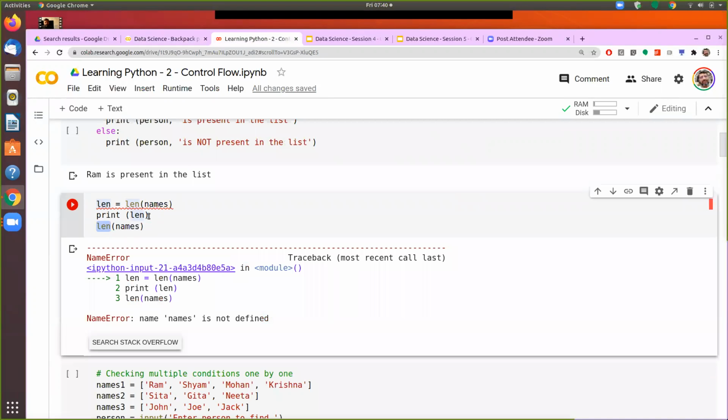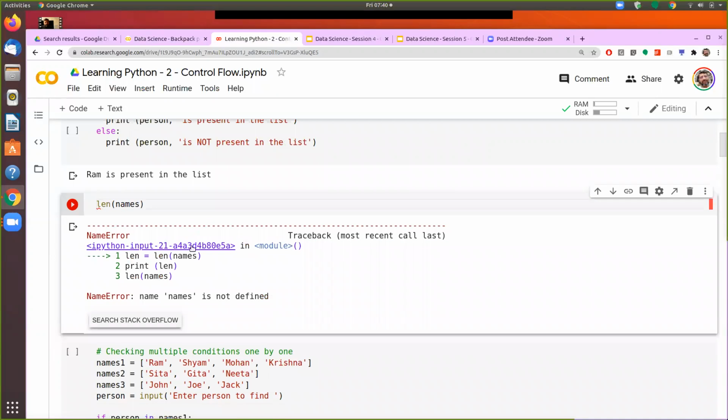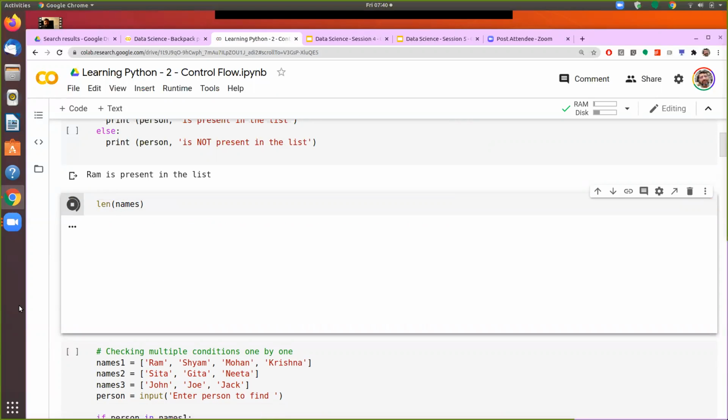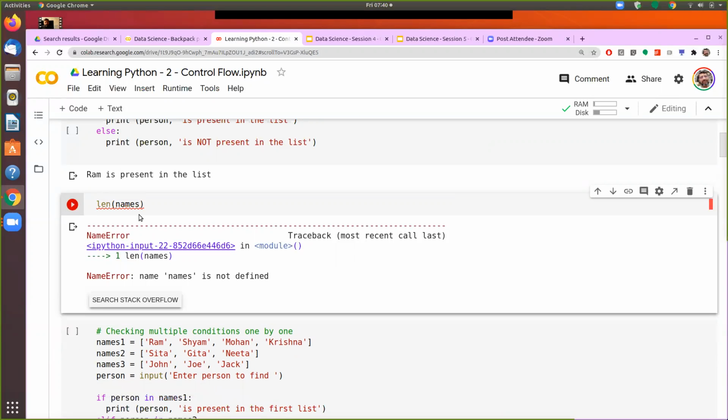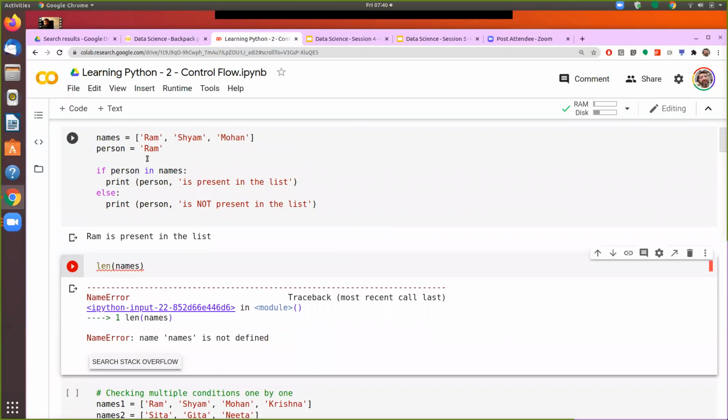So now, if I remove this and still try to run, it should have given me the length of the variable names here, because names is a list here, but it's not doing that, because I assigned len as a variable.